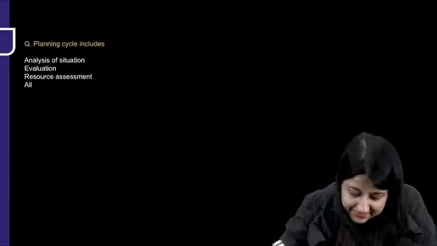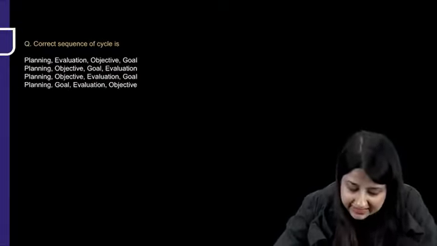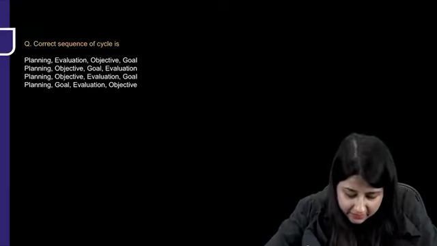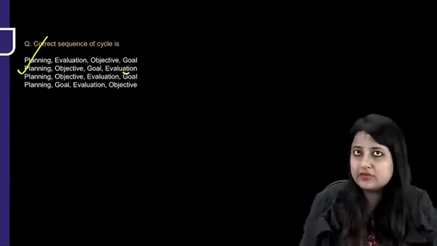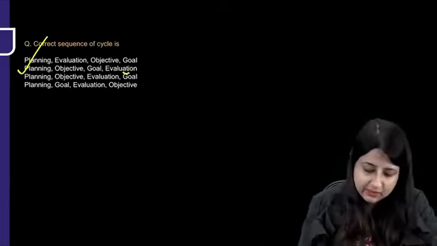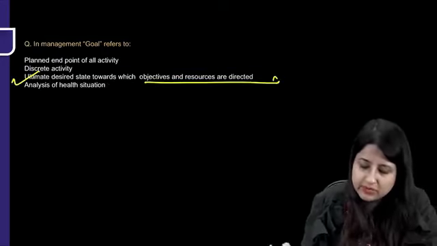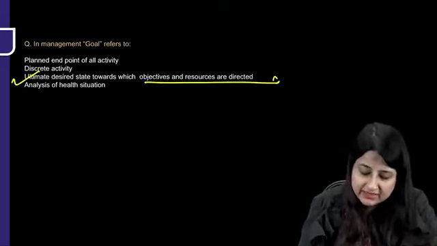Let's quickly see. Planning cycle includes analysis, evaluation, resource, all of the above. Correct sequence is very important. I told you evaluation has always to be at the end. So here evaluation is at the end. So ideally goal should come first, then objective, but then this is a PYQ. Goal refers to ultimate desired state towards which all our objectives, activities